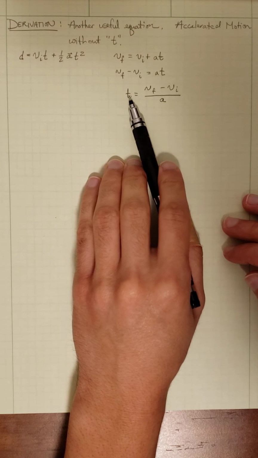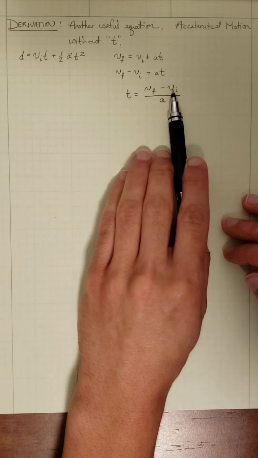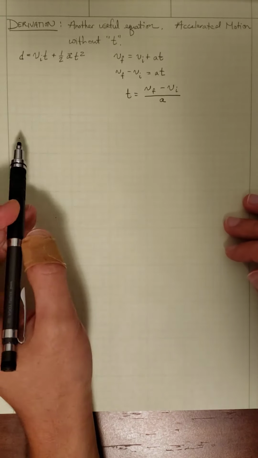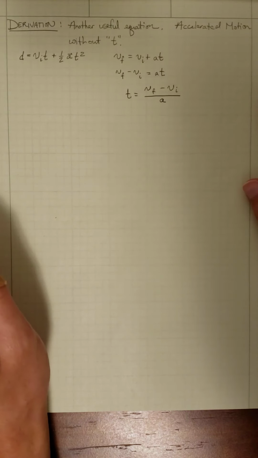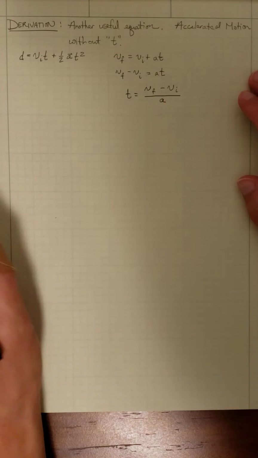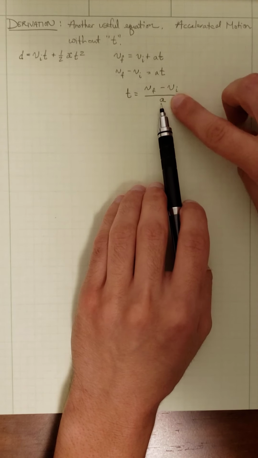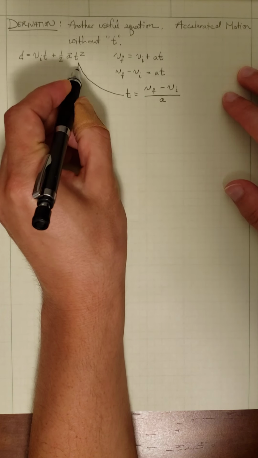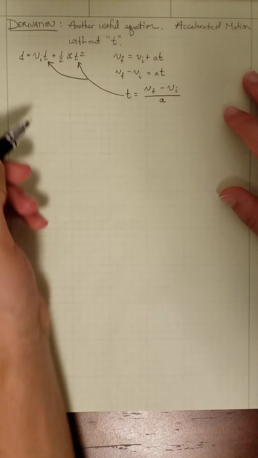That's how long you must accelerate for. Longer if the difference in your speeds is greater, and less long if your acceleration is greater. So that's what we expect, and it follows directly from that just by algebraic rearrangement. Now, if t is this, we can plug this in for t in this equation. Here and here. And we get